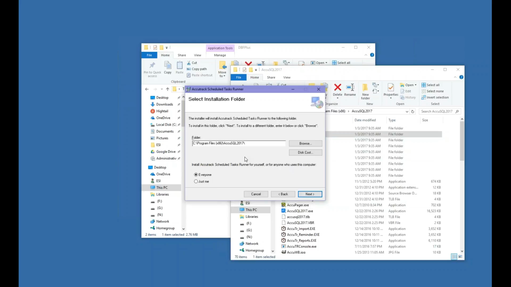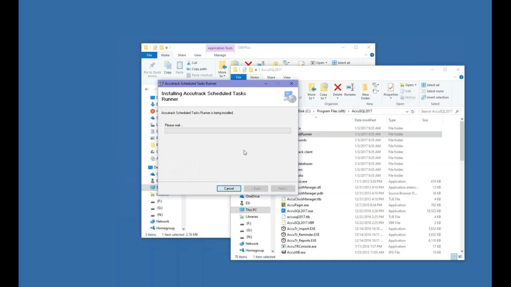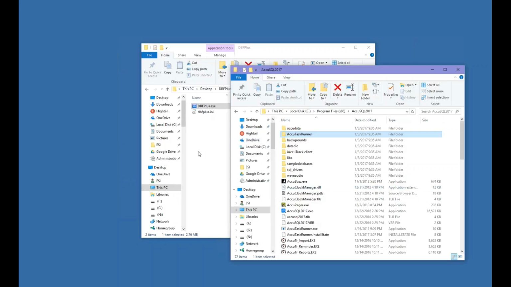And you want to install it to the folder where the software is installed. Mine is AccuSQL 2017, so I'll just leave that folder. Yours could be 16 or 15, so set it to wherever AccuSQL is installed. Okay, so now that's installed, but then I want to go to my